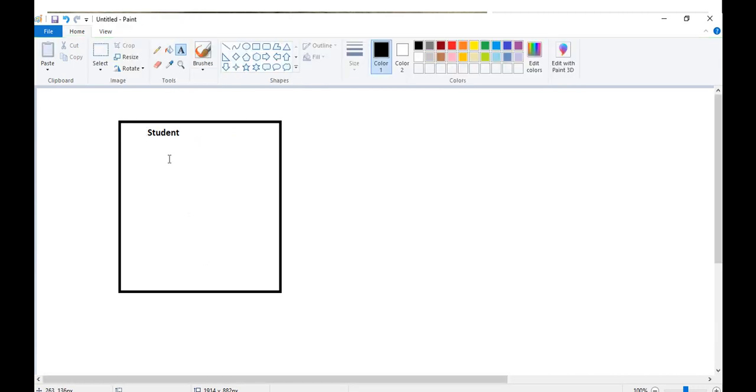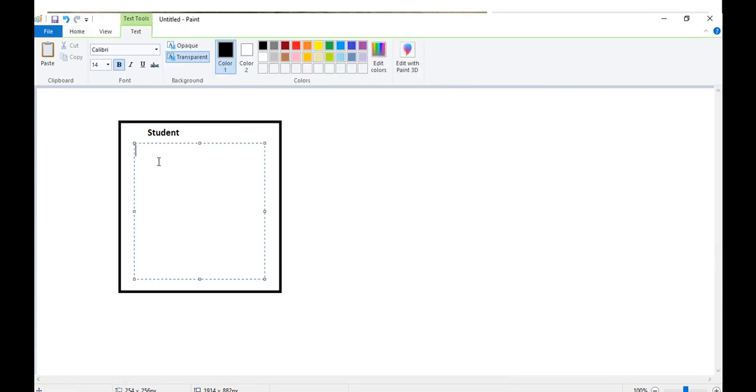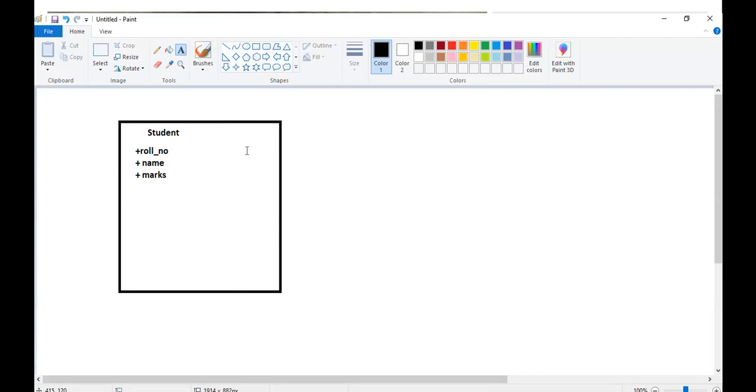In this Student class, I have multiple members. What is the role of this Student class? To give student information. Let's say I have roll number, then name, and marks. That's it. I'm not interested in more members. So the Student class has the implementation of all of these.